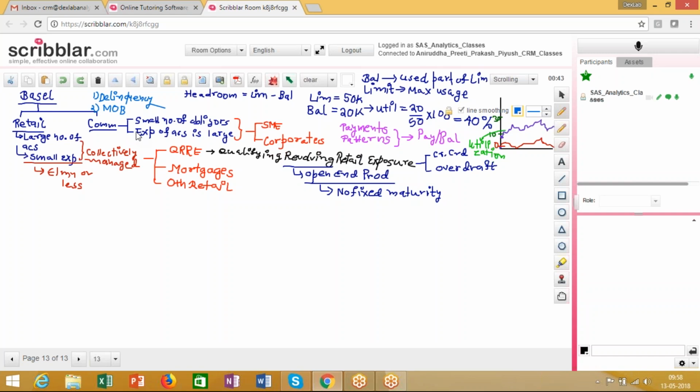borrower's behavior, because when we are developing the Basel models, we are not developing any acquisitions type of model. We are already exploring the behavioral set of the models, right? So this is the reason why all these variables, if you observe the nature of these variables, are sourced from the behavioral factors, the behavioral patterns of the borrower.